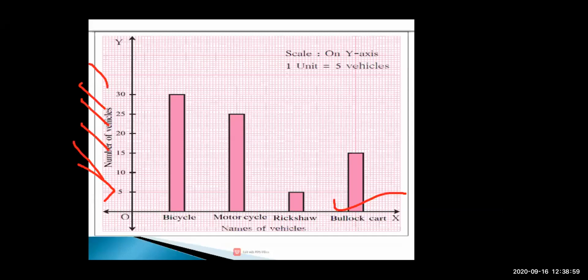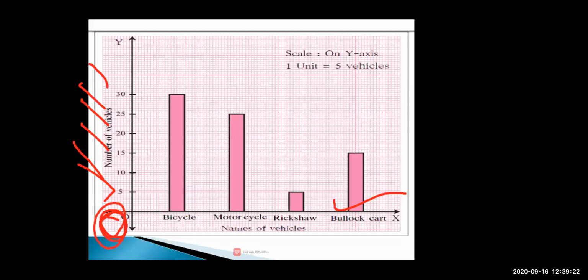What was the biggest number in that auto rickshaw? The biggest number was 30. So till that number you will end on writing the y-axis. Now here also same, you have to leave one box, then write 5. Then continue. Don't leave a box because here we have already written 0.